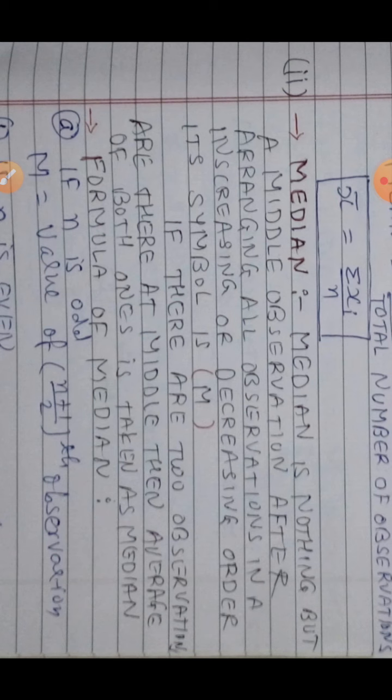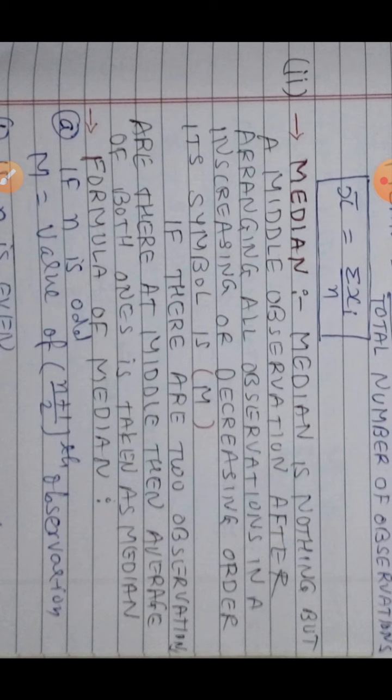Suppose you are 9 friends standing in a row, then obviously one person will be exactly in the middle position, the fifth number from one side and from the other side. That one will be in the center position, the middle. But instead of 9, suppose you are 10 students standing or sitting in a row, then who is in the middle? In the middle there are two students, the fifth number and the sixth number both. So at that time, which number is to be selected as the median?